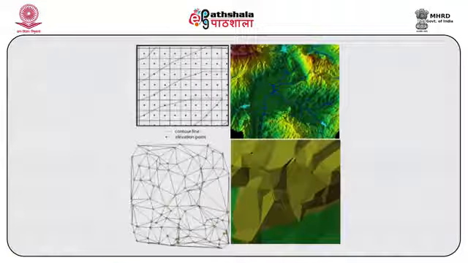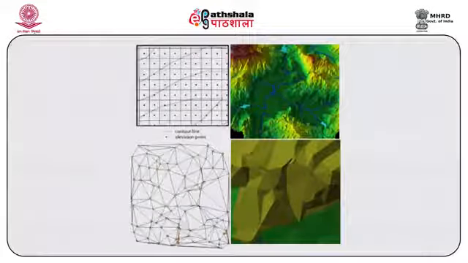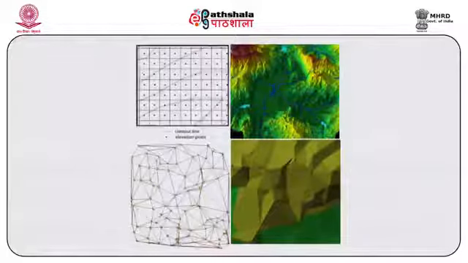Therefore, it depends on your requirement. If the region where you're working is not highly variable, then you can easily use the digital elevation model instead of the triangulated irregular network. To show you the difference, I'll show you the figure for both models so you can understand better how the visualization differs between these two models.